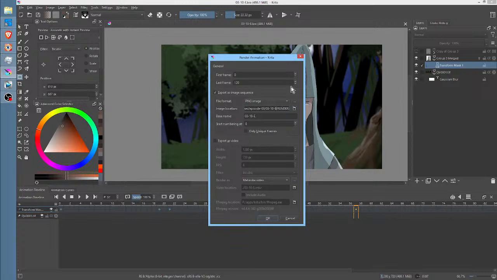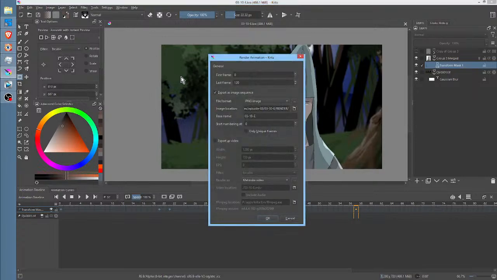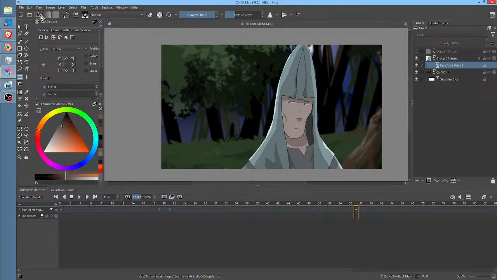The problem is there is no way to say okay to the settings without actually rendering it. Unless maybe you went like this. I could do that, I guess. Just escape out of it. That worked. Okay, cool. So that's a step in the right direction, if you don't want to render a bunch of stuff that really wasn't ready to be rendered.